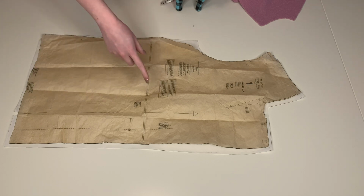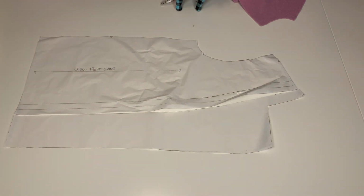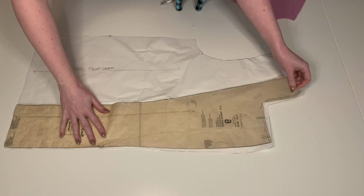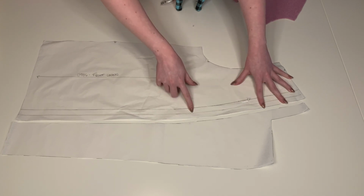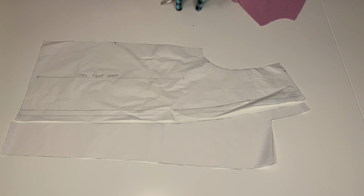I took the jacket front piece and traced that onto paper. Then, I traced the front-facing piece over the top, making sure to match up my pieces and transfer all markings. In order to give enough seam allowance, you will need to add 1 1/4 inch to the pattern only along the side that connects to the front facing. This accounts for the 5/8 inch seam allowance for the lining piece and the 5/8 inch seam allowance for the